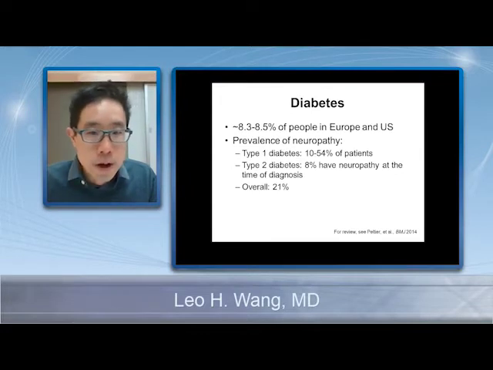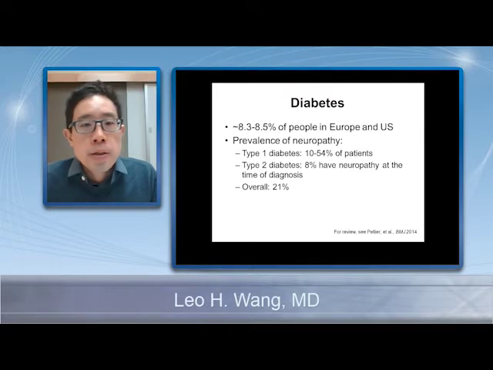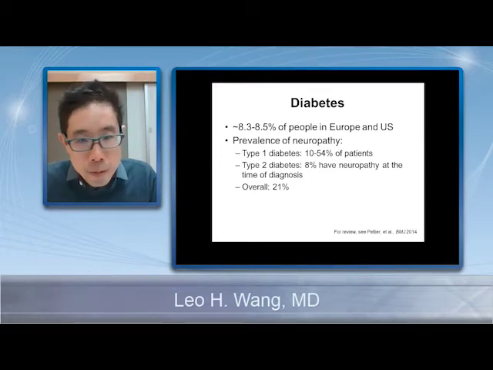Diabetes is the number 1 cause of neuropathy in the United States. It affects about 8.3 to 8.5% of people in Europe and the United States. Its prevalence of neuropathy in type 1 diabetes patients is about 10 to 54%. In type 2 diabetes, 8% have neuropathy at the time of diagnosis, and overall it's about 1 in 5 patients